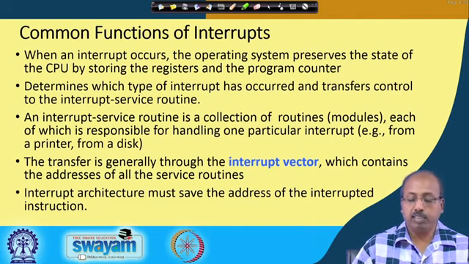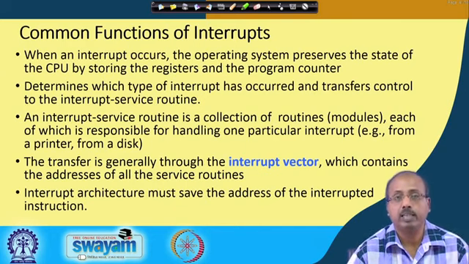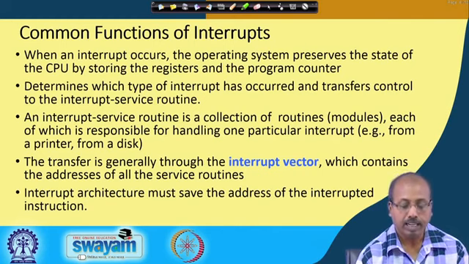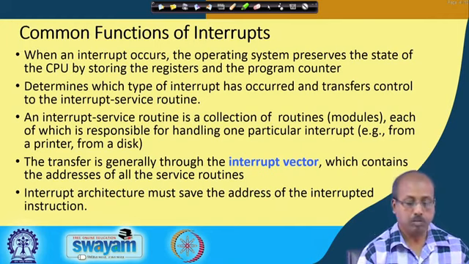The transfer is generally through the interrupt vector, which contains addresses of all the interrupt service routines. So for the entire system, for all the interrupts, to which address it should go, where the actual interrupt service routine is located in the main memory, is kept in a table called the interrupt vector table, and from there these addresses are taken and it goes to the corresponding service routine. The interrupt architecture must save the address of the interrupted instruction. This is very important, because when the interrupt is over, it has to restore the